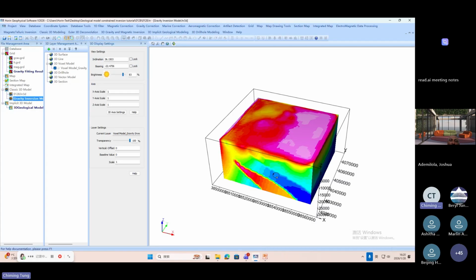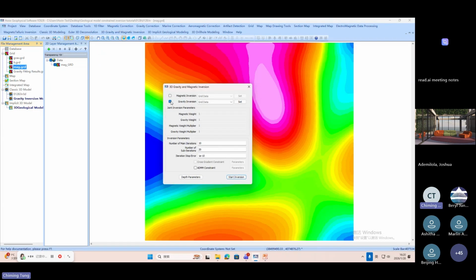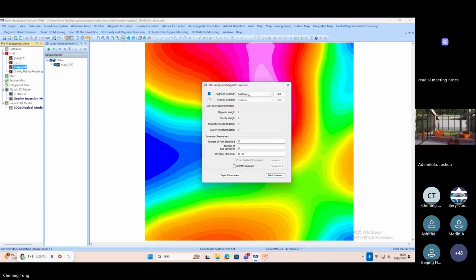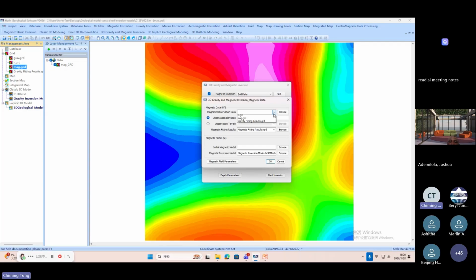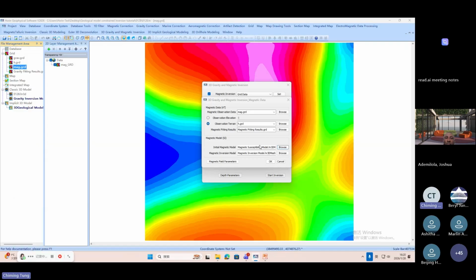After this, we are going to do the magnetic inversion. We just build the initial gravity model and initial magnetic model from the implicit model. So we click it again, but now we use the magnetic inversion. Okay, this is the magnetic data and the observation terrain, and this is the magnetic fitting result. Here you can use the initial magnetic model, and this is the inversion model,